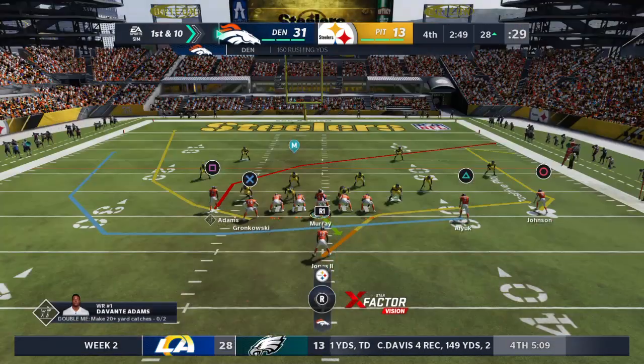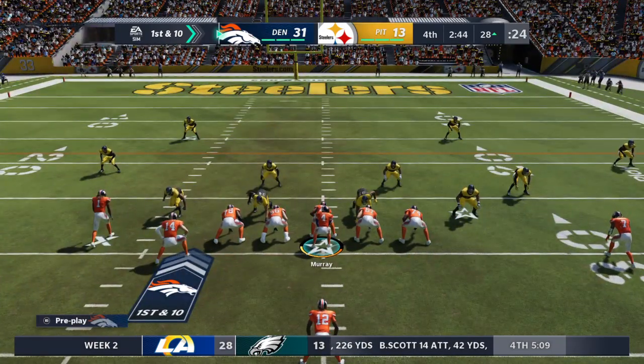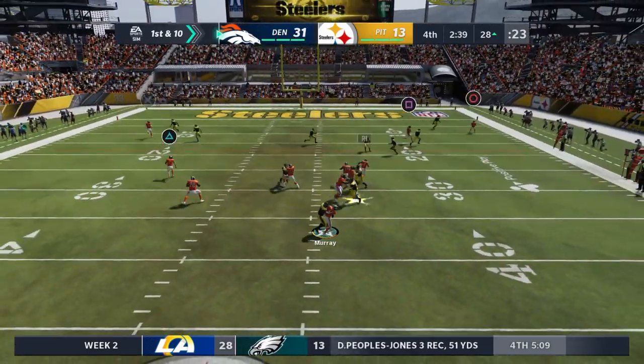And we used to consider these jet sweeps to be gadget plays or something a little bit unusual, right? But now most teams have some version of this play in their playbook. And I think it's a lot because of the...